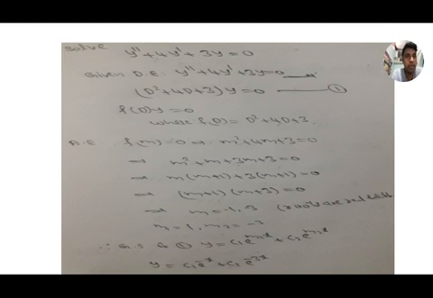Only 3 steps. Remember the 3 steps. First symbolic form, next auxiliary equation, and find out the roots. Then the third step, depending on the nature of the roots, we have 3 possibilities of solutions. First one, roots are real and distinct. Second one, real and equal. Third one, complex numbers.